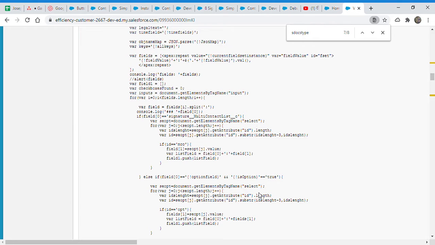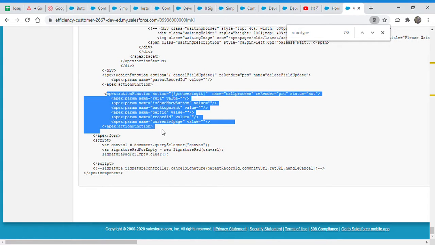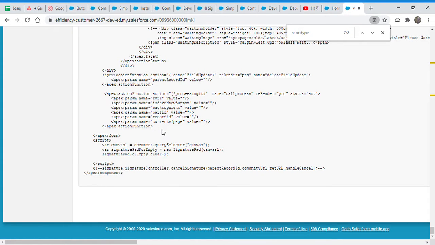And we still use this when the batch is enabled and the signature synchronous processing is not enabled. But when we started working on the signature processing on page, we moved the redirection part to the apex side.